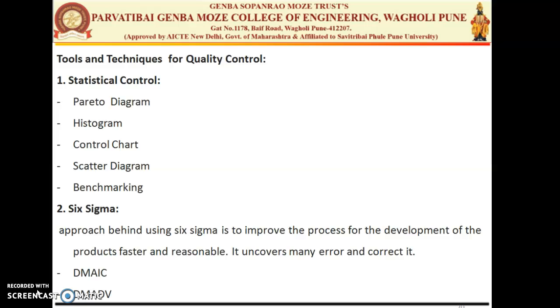So let's see the first one, statistical control. First, the statistical control sheets. Statistical control maintains these things by the sheets and the diagrams. The statistical control sheets are used to organize information in order to facilitate data gathering. The sheets are used to organize the information we have gathered for the product. The sheets are checked particularly for inspection. Then we have checking the quality attributes. Then we have identifying the quality problems by using those sheets.